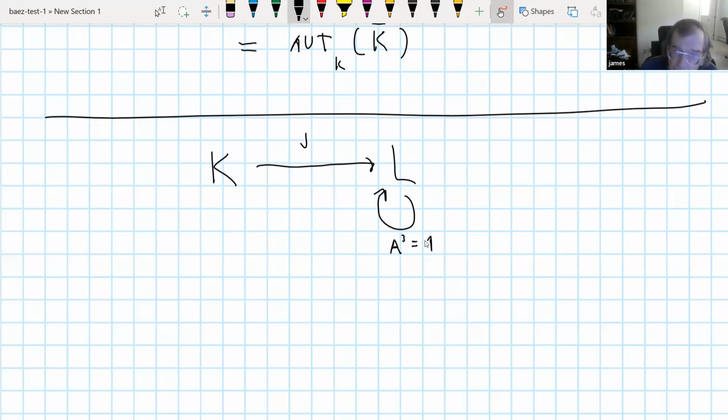Well, I was asserting that A was not 1 because the Galois group of L over K is Z mod 3, so I can pick a generator and that generator will act non-trivially. We said that a torsor is just a homomorphism, but somewhere along the way you built in the assumption that this homomorphism is surjective.